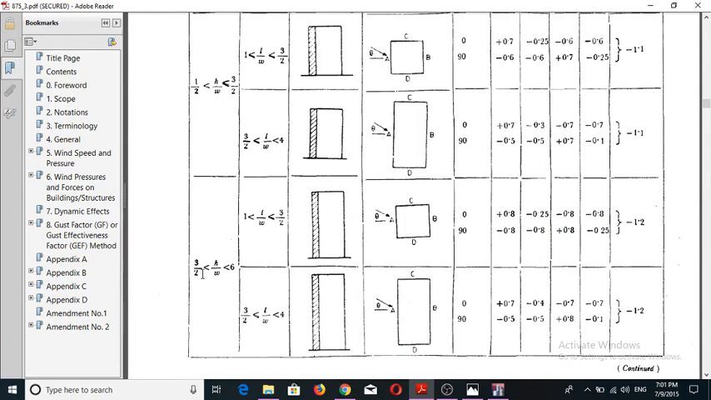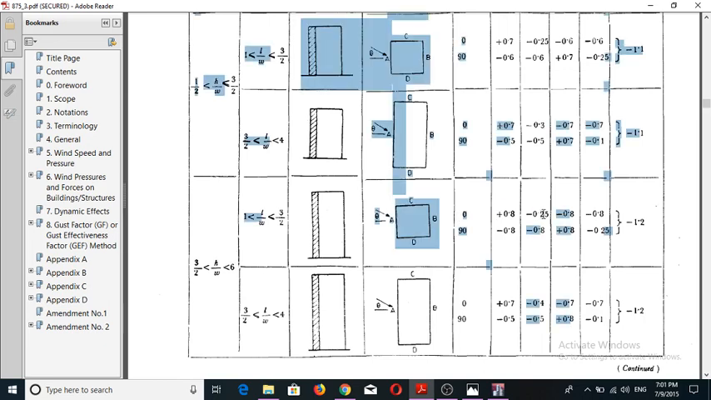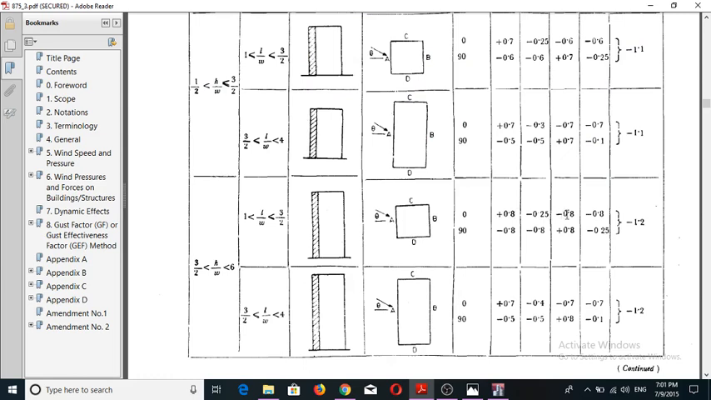Here the ratio of height to width, that is 69 by 18, that will come under 3 by 2 or 6. So I am selecting this. Then the length to width ratio, that is 18 by 18, that is 1. So I am considering this one. The coefficients are, you can see, plus 0.8, minus 0.25, minus 0.8 and minus 0.8. So in A direction I am using plus 0.8,